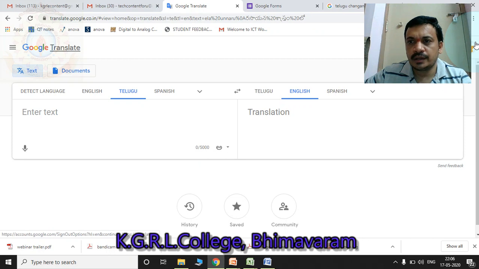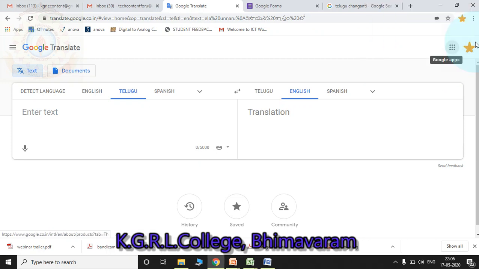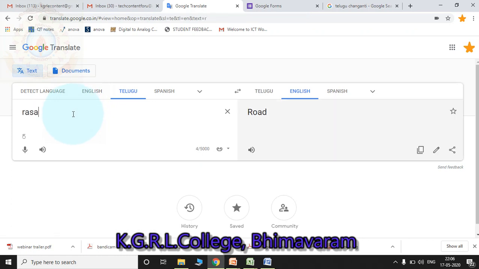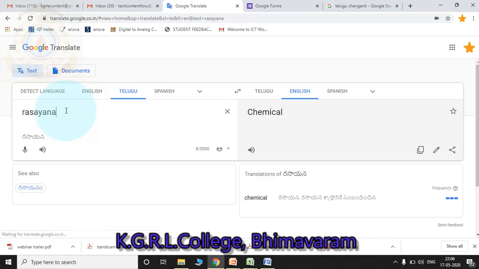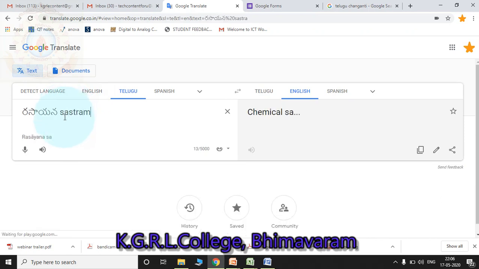So you may do like this. Listen. By using Google Translate technique, select input as the Telugu and output as the English. Please observe, I am writing like Rasayana Shastram lo.